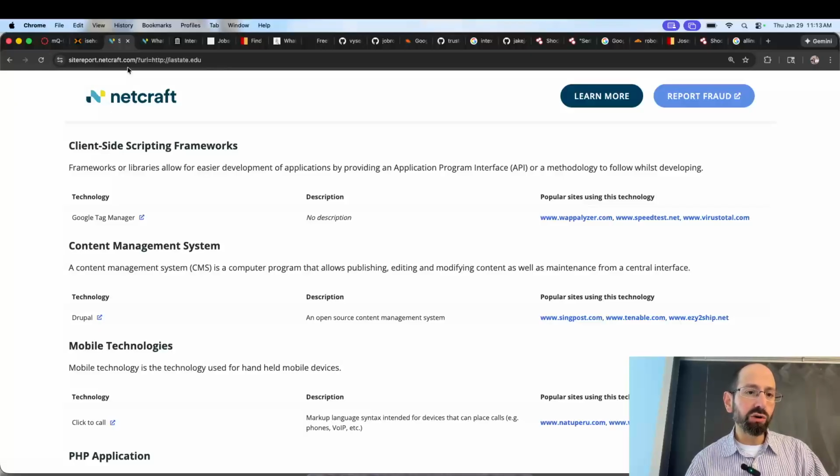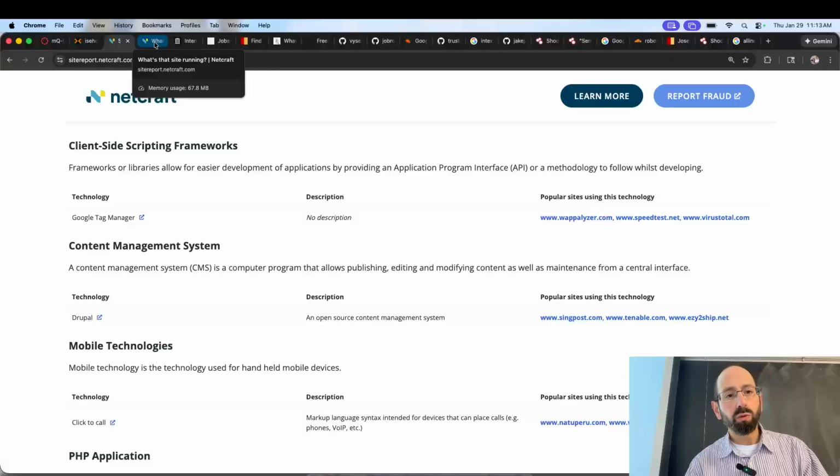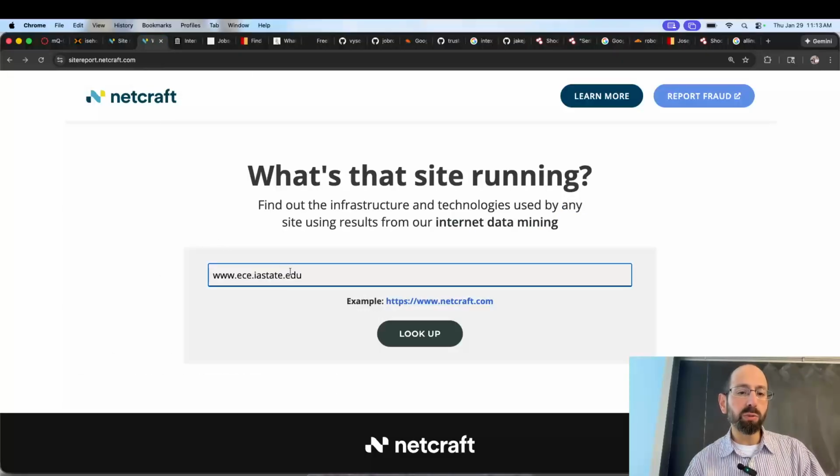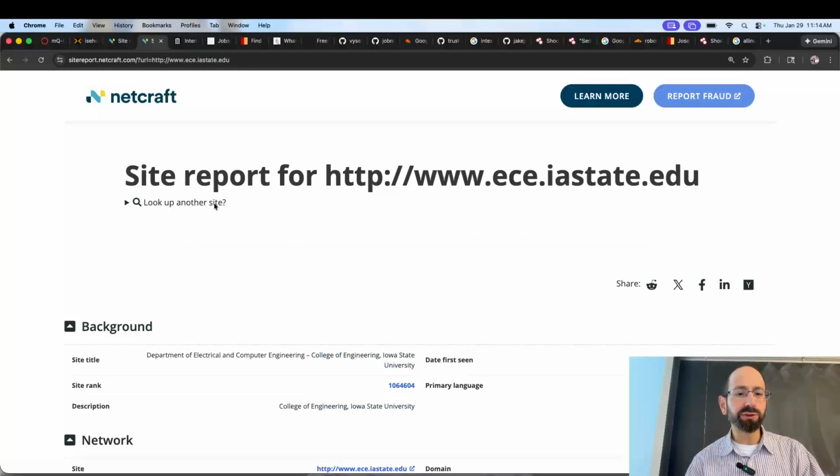It's interesting to note that it's going to be potentially website per website or subdomain per subdomain. So that was iastate.edu. This is www.ece.iastate.edu. I guess one would think potentially that if the top level organization was using a technology stack, that the underlying organizations would also use the same technology stack. It could be the case. Well, of course,